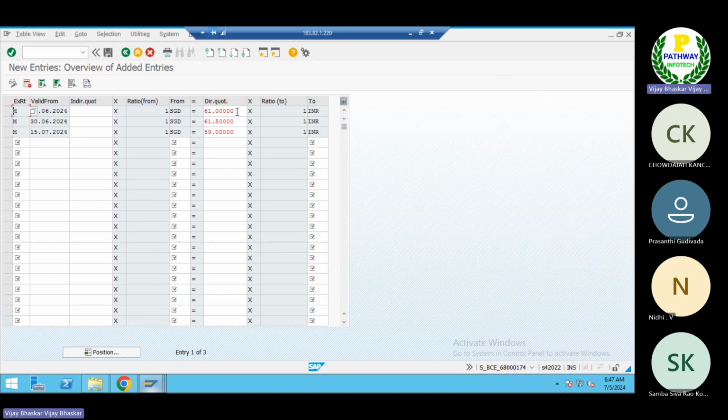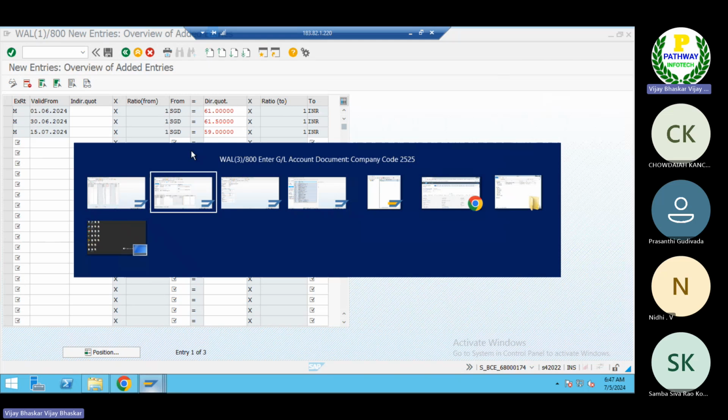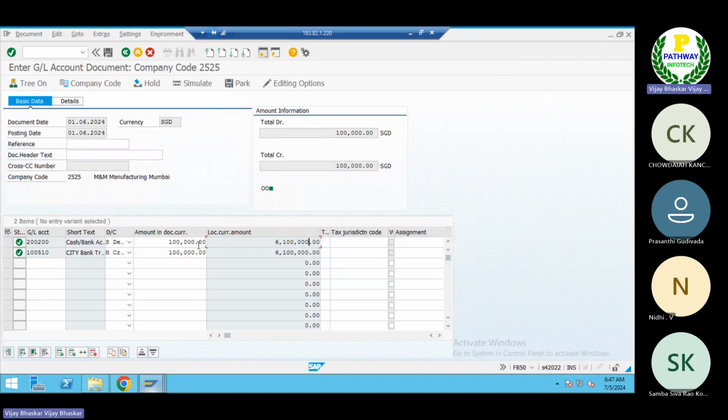Exactly the same. 1 SGD is equal to 61 Indian rupees. So it has become 61 lakhs here.